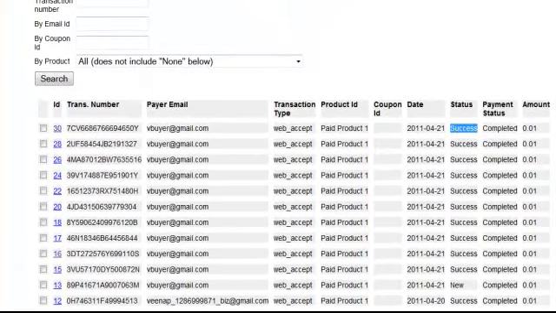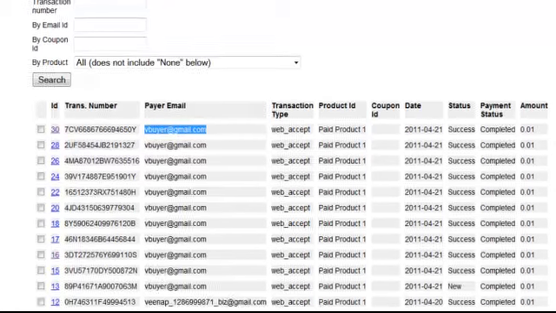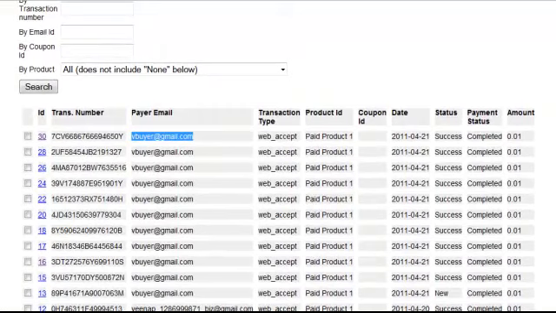And you will see all the transaction details here. What was the product the user purchased? What was the email ID of the user? The account that DAP creates would be based on the payer email. So DAP will use this email ID to create the user account and generate a random password for the user and ship it out to the user in the welcome email that you set, and that is only if the